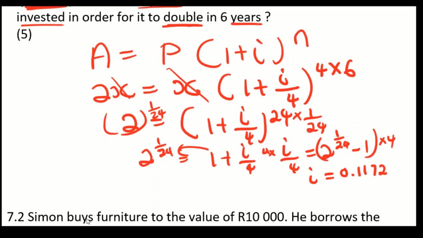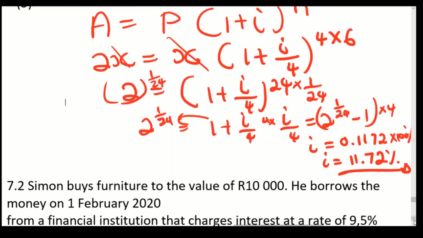0.1172, right? Then we multiply by 100%. We get I being equals to 11.72%. So this is the interest rate of this question here. Now we're going to do 7.2,